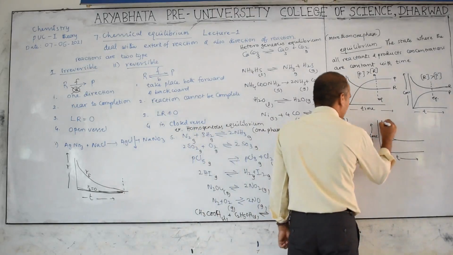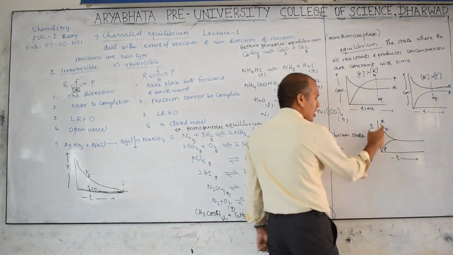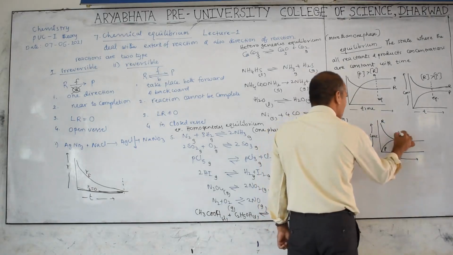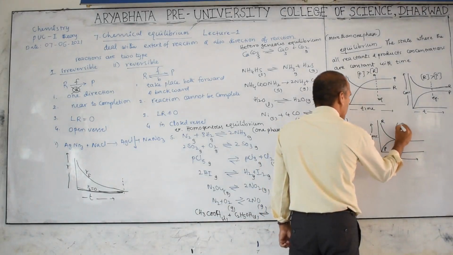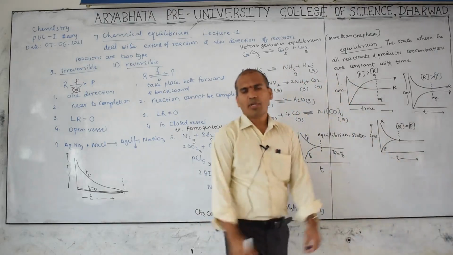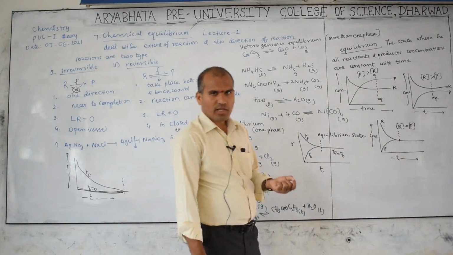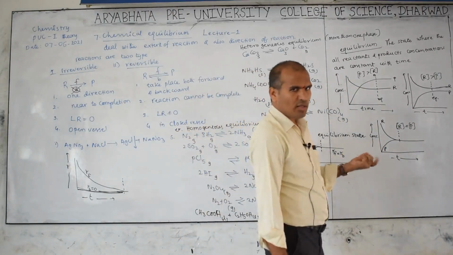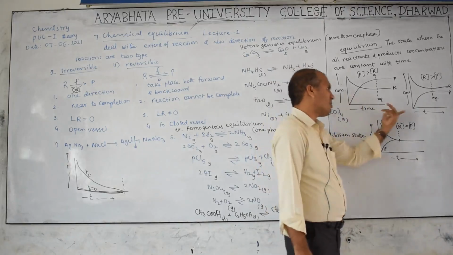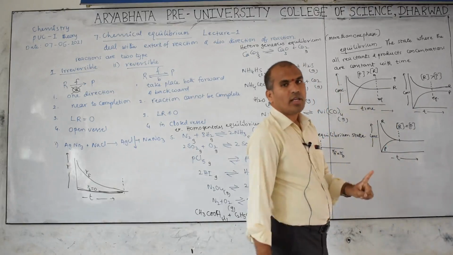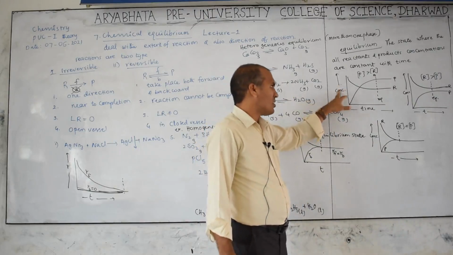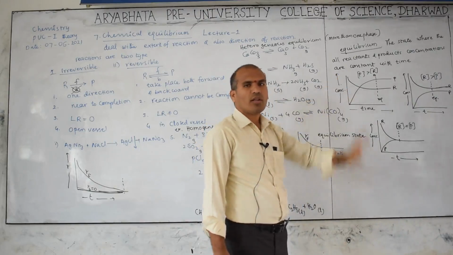Now this is the reactant line, this is the product line. Initially the reactant concentration decreases with time and the product concentration increases. But at a certain stage, the reactant concentration is equal to the product concentration. This may also be possible. Sometimes the product concentration is greater, sometimes the reactant concentration is greater, sometimes it may be equal. Therefore, all these are equilibrium graphs. Now in this case, I can remove this concentration term, and if I put R, then that means rate.